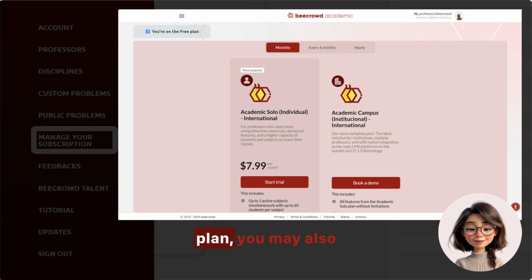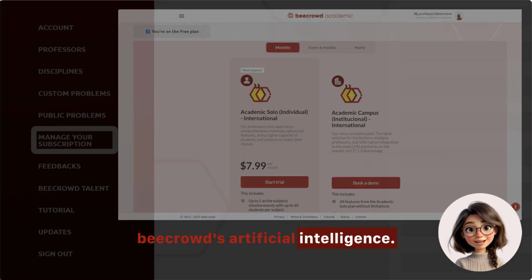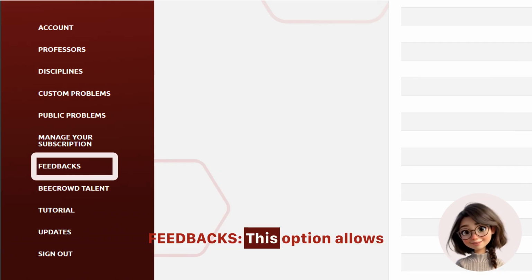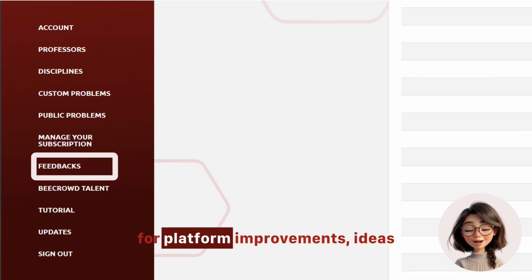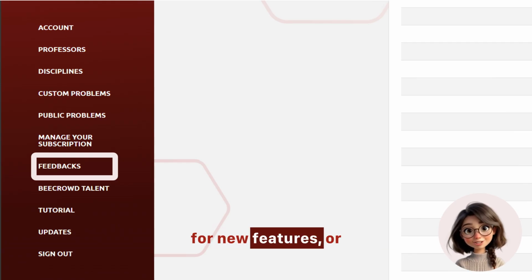Depending on the chosen plan, you may also have access to group usage, with or without the availability of Beatrice, beecrowd's artificial intelligence. Feedbacks. This option allows you to send suggestions for platform improvements, ideas for new features, or report